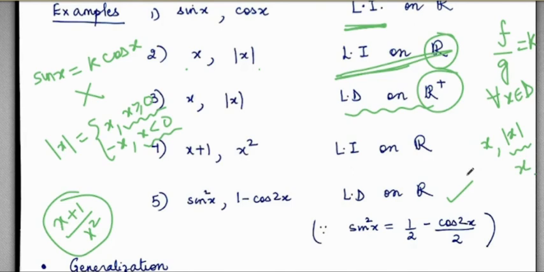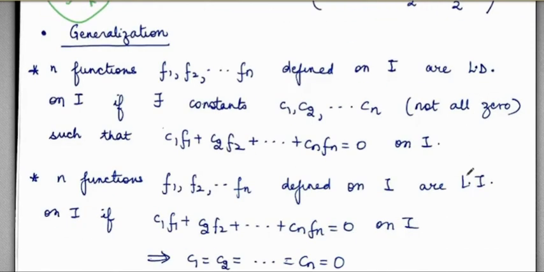So for 2, it's easy to see. Either you see one is a scalar multiple of the other or not, or you take their ratio. If the ratio is a single constant throughout the domain, then on that domain you'll have linear dependence, otherwise you'll have linear independence. Now how do we generalize this to n functions, say 3 functions, 4 functions? For 2, taking the ratio makes sense. What about 3 functions or 4 functions?